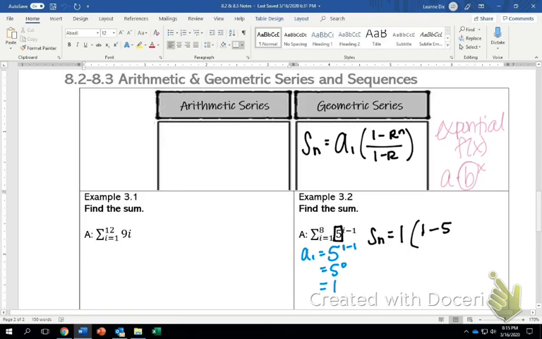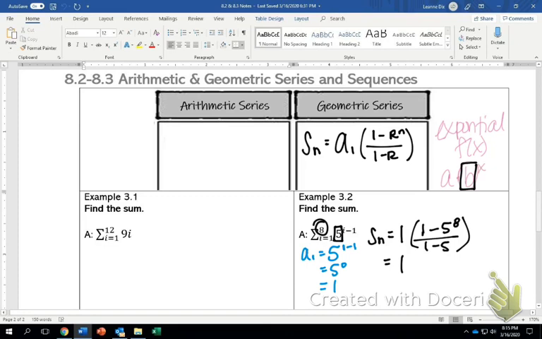We know that is our common ratio because we said earlier that the b was our common ratio. And you can always think about it as, well, what is the base of your exponent? And in this particular case, 5 is the base of our exponent. So our ratio is 5, and to the power of n, remember that is based off of our upper limit, which in this case is 8, 1 minus 5, and then from here we just focus on the